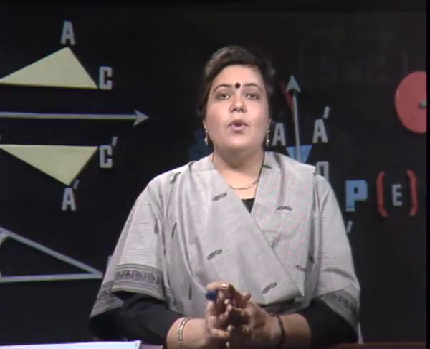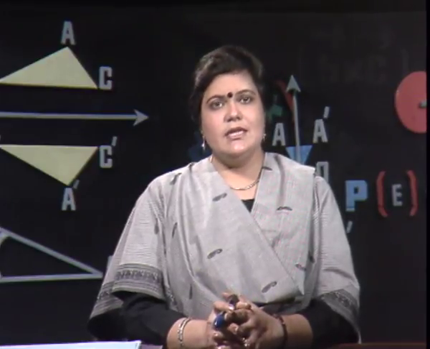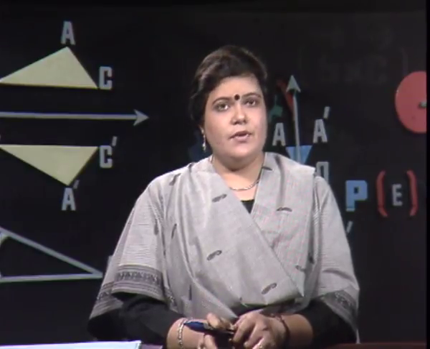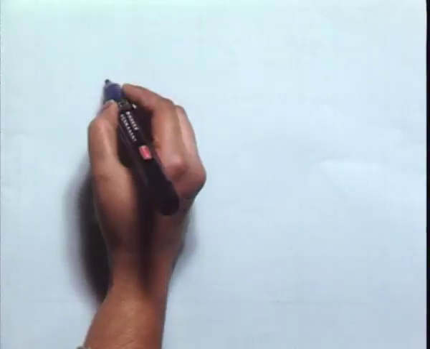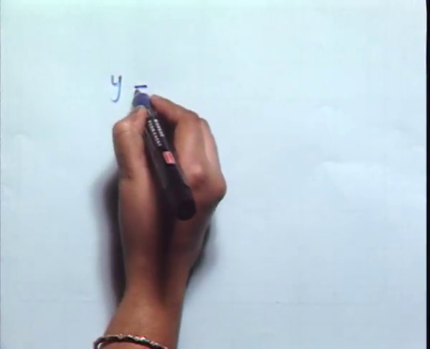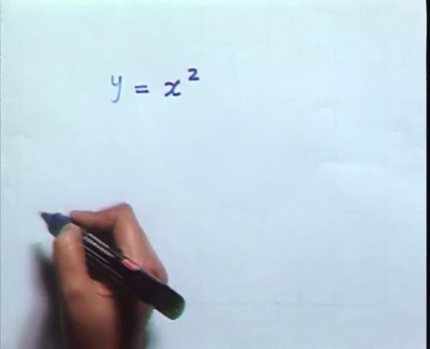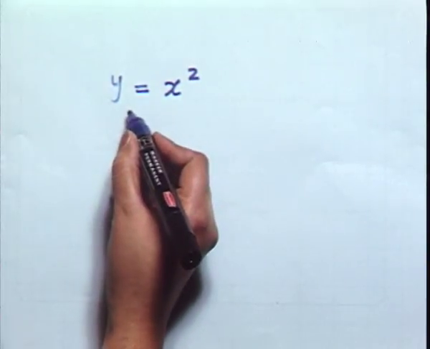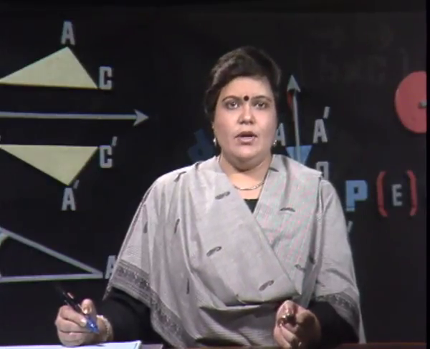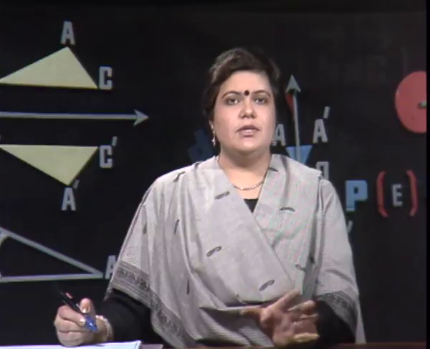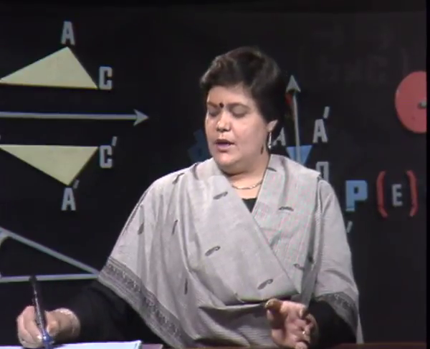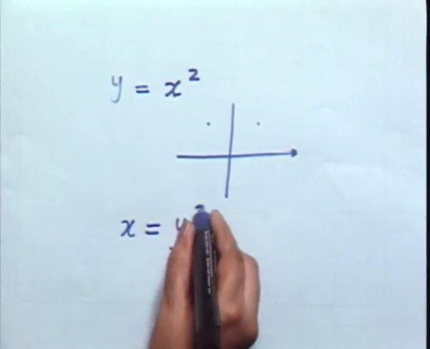Now, what we have as symmetrical functions is to remember that if your function has even powers of x, for example, if your function is y equal to x square, then such a function will always be symmetrical with respect to the y axis. If there are even powers of y involved, then the function is said to be symmetrical with respect to the x axis. And so, if I may just take a simple example like x equal to y square,